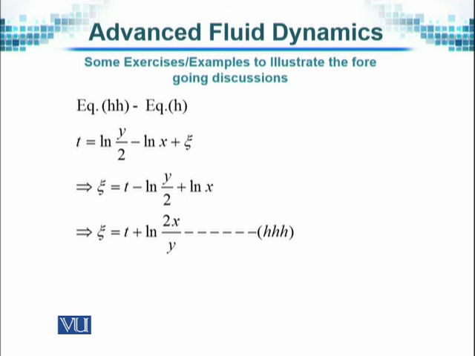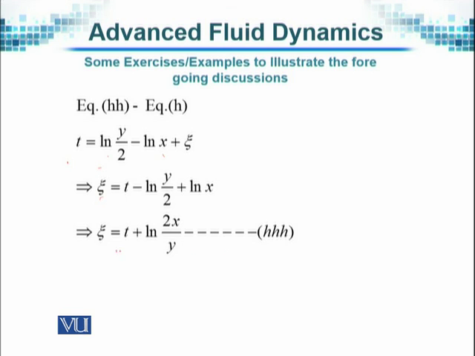And from this we get t is equal to log of y over 2 minus log of x plus zeta. Or zeta can be written as, if we take all the terms to the left hand side, t minus, this term will become minus, this will become plus, and therefore I write them as this,